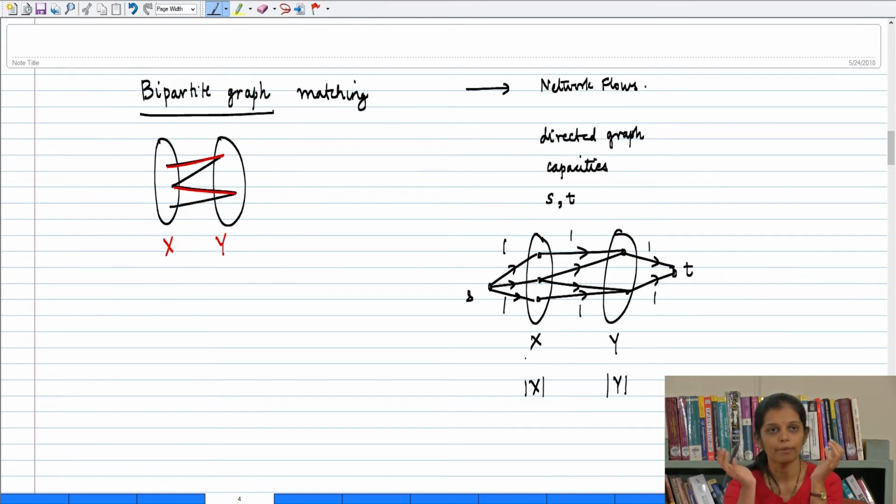Whenever we want an upper bound, we want an upper bound which is as small as possible, because if I say that the max flow is going to be less than or equal to x into y, it is going to be a non-useful upper bound. An upper bound of cardinality of x is much better than some arbitrary upper bound as x into y. But now what is a better upper bound than this? Yeah, y in this example, but in general it would be minimum of x and y. Very good,